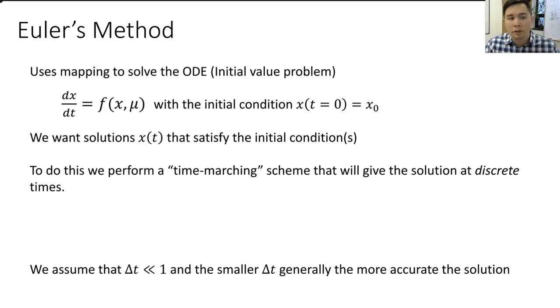So given an ODE like dx/dt equals some function of x and mu, with an initial condition x at t equals 0 equal to x naught, we want to try to solve for x as a function of time that satisfies the initial conditions. To do this, we're going to perform a time marching scheme, which moves from one moment in time to the next, that will give the solution at discrete times. So for instance, that's going to correspond to